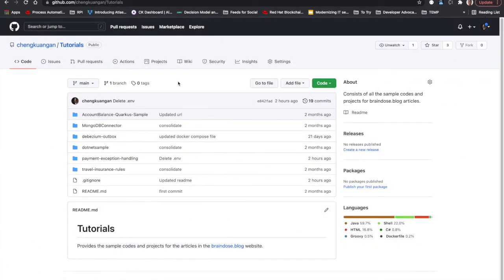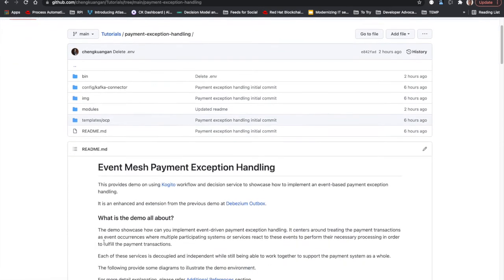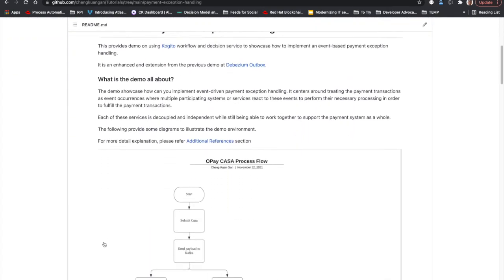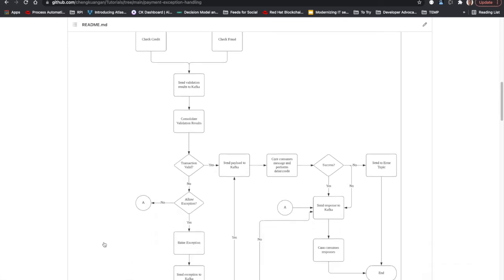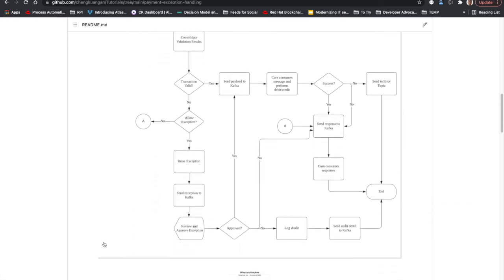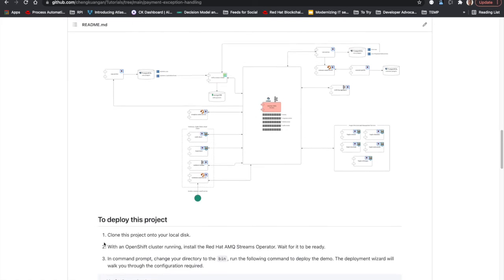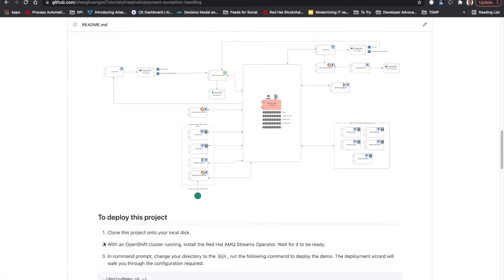So if you head to the GitHub URL, you will see this is the main project that I have for all the tutorials that I have posted on the blog site. So the particular project that you will be interested in for this demo is this payment exception handling. So when you clone this down, you will see this is the structure of the source that you will have, with some instruction there on how the process flow looks like and the overall architecture, which I also cover in my post